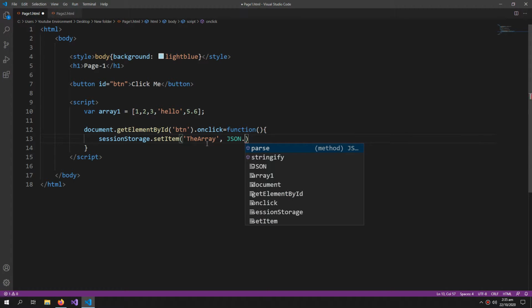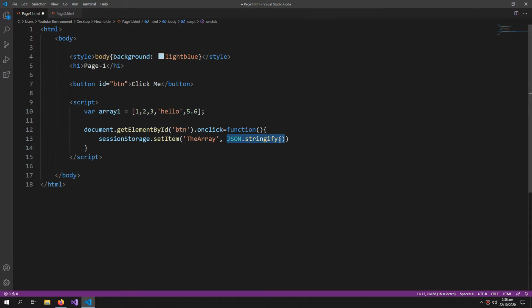So JSON.stringify. This method would convert anything inside this bracket into a string. So basically the session storage can only store strings. So we want to convert this array into a string form and then save it to the session.